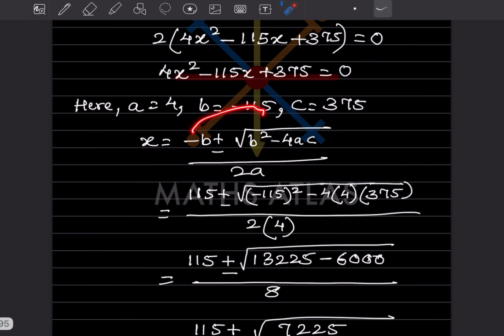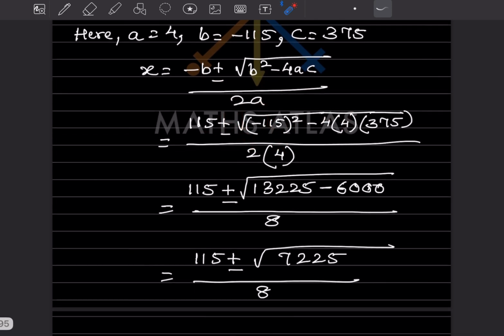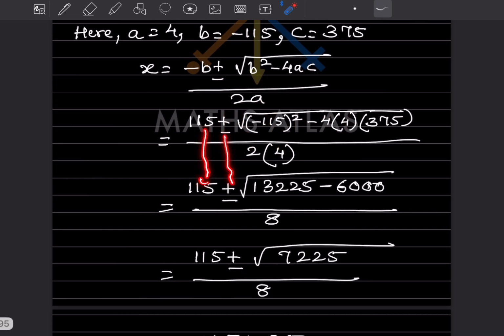So this into this is going to be 115. This will be 115 squared minus 4 times a, where a will be 4, and this is 375, divided by 2 times 4. So this will be 115 plus or minus